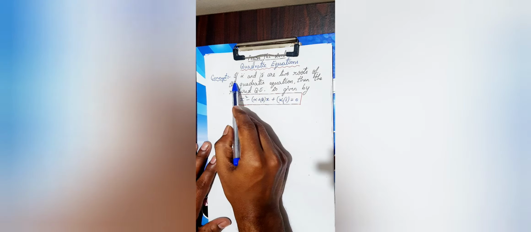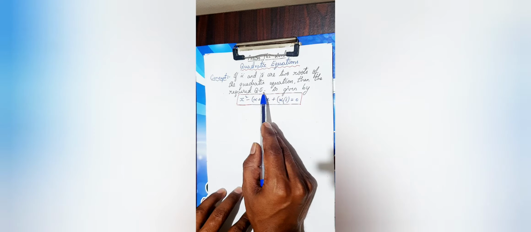We are going to deal with such kind of problems today, and some different types of problems which are asked for your examination purpose. Are you ready? Let's directly get on to the topic. The concept goes like this: if alpha and beta are two roots of the quadratic equation which I am supposed to find out, he has given me the roots alpha and beta. Let us assume the two values are the roots of the quadratic equation. Then the required quadratic equation is given by.